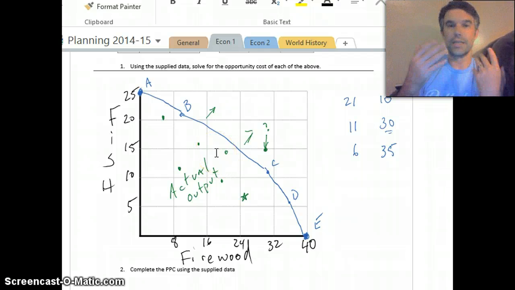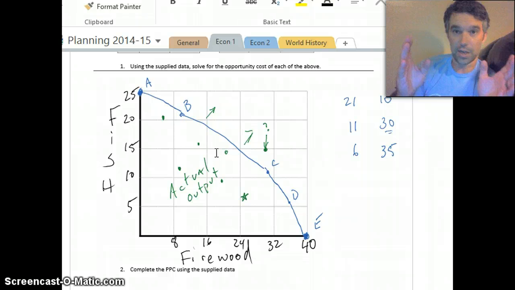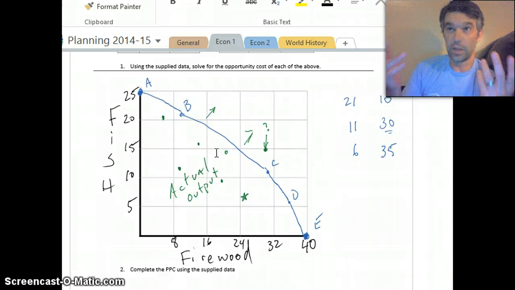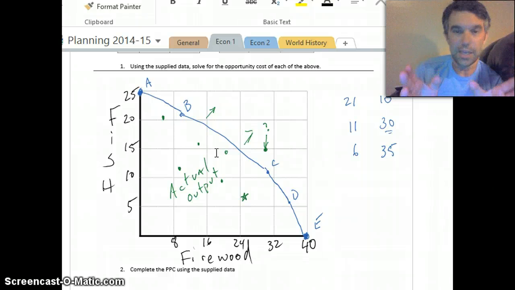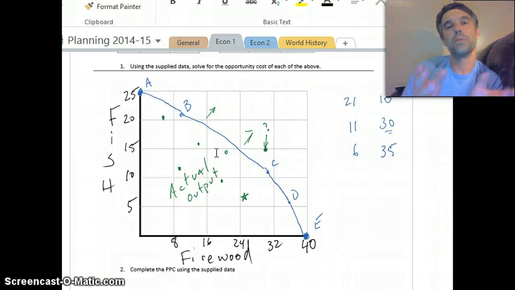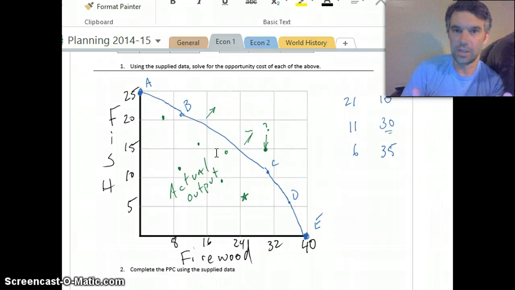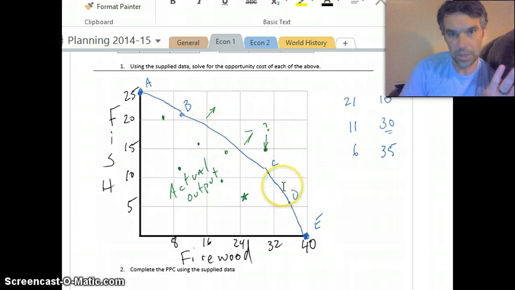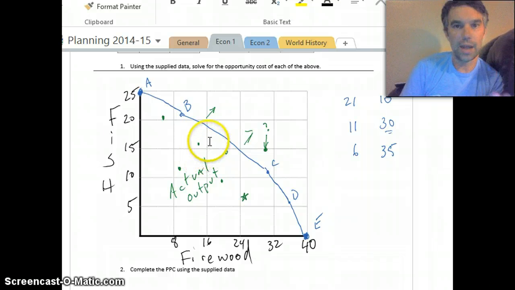And again, if we go back to day one, what's the word we studied on day one? It rhymes with scarcity. That's right, scarcity. If we go back to this big economic problem of scarcity, one of the ways we try to solve that is to make sure that we're not wasting things. If resources are already scarce, certainly we want to make sure that we don't use those resources poorly. Essentially that's what we're getting to with the PPC: the closer we can get our actual output to our potential output, the blue line, the PPC, the more efficiently we're